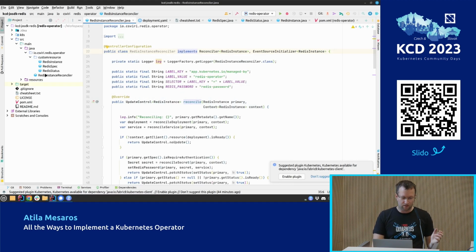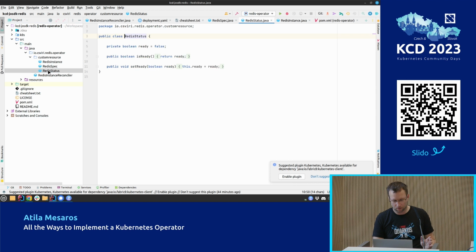So in Java, you can ignore everything from these four classes, and this is in Quarkus, not pure Java, but